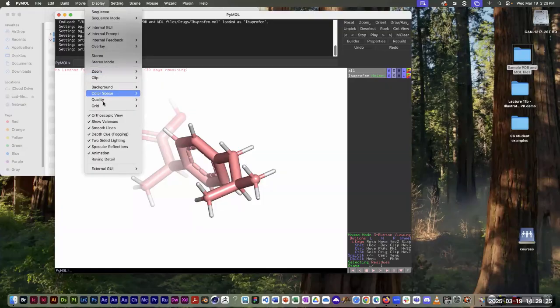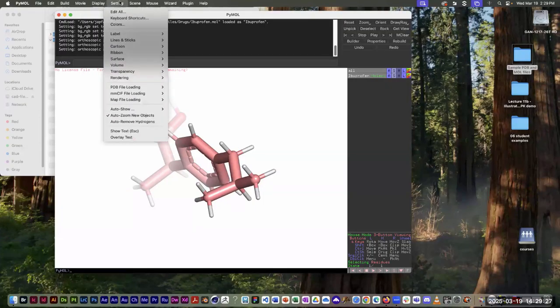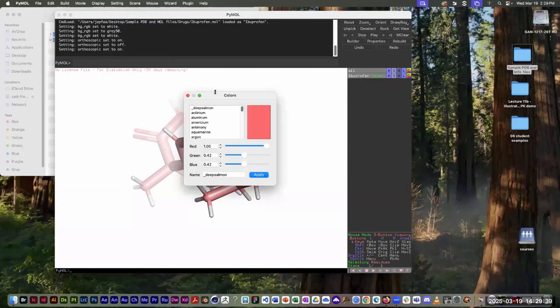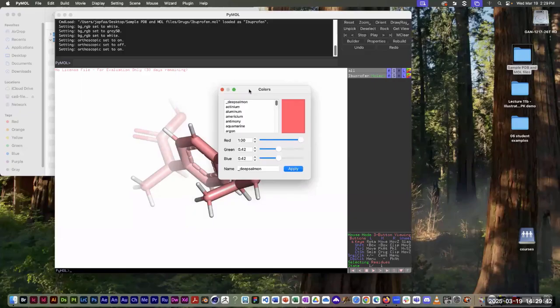I think that's everything here under display. There's also a settings menu that has some useful things. One of the most useful is you can change the color settings. And this is where you can actually change the colors of the individual elements. And this is the only way to get carbon to look gray. So it actually has every single element on the periodic table in here. I'm just going to scroll down, select carbon, and